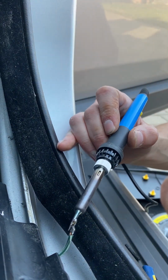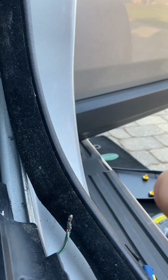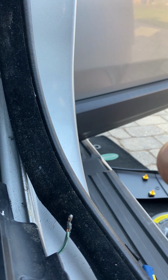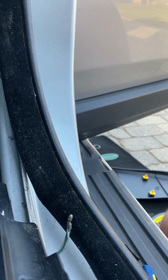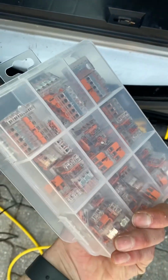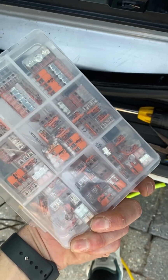My next problem is I don't actually have any electrical tape to seal this, so I've been having a look at my options, and that will do. That's a really good soldered connection. So now I'm going to unplug that soldering iron. What I wasn't sure was, can I use a Wago connector, which I have laying around from our C&B. I don't have any singles. What I have got